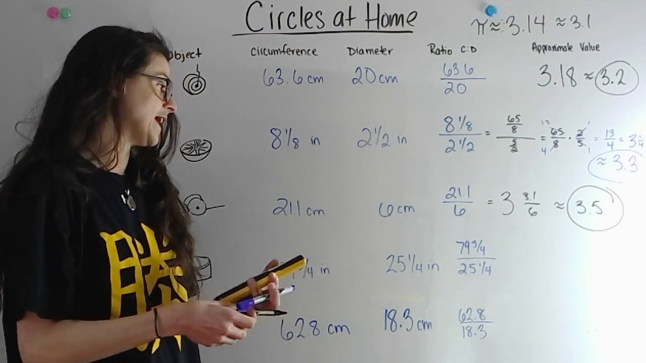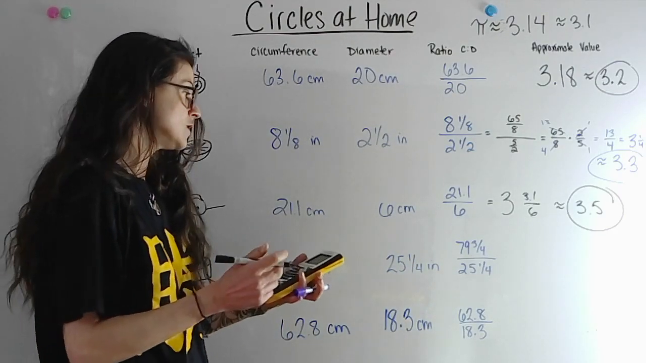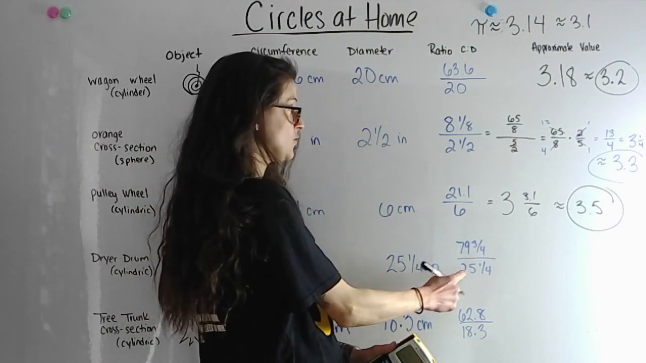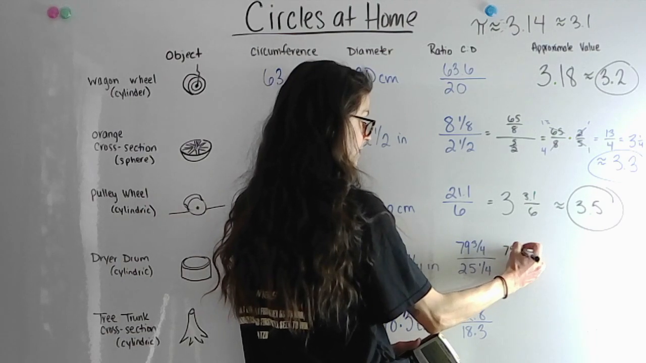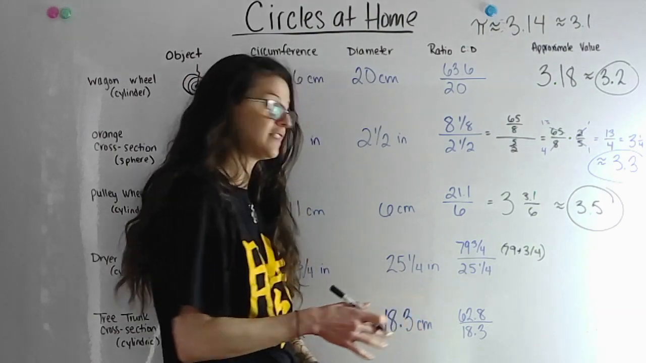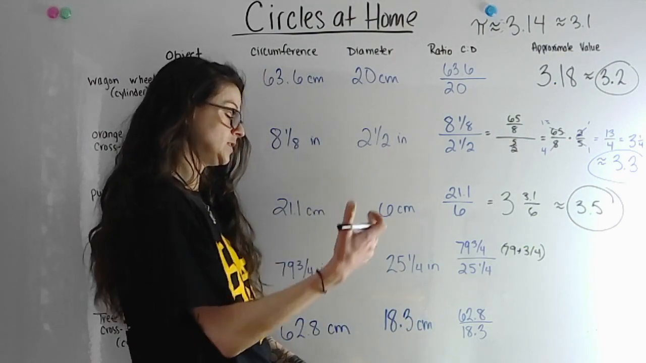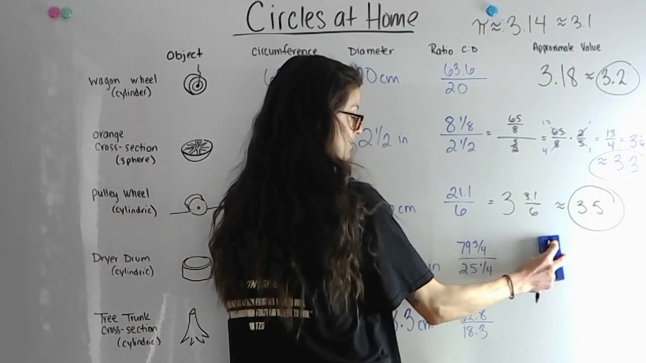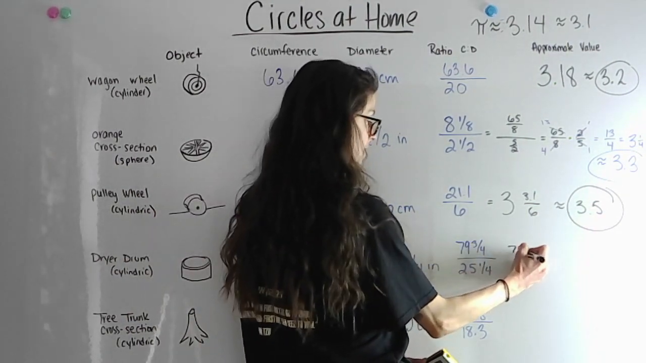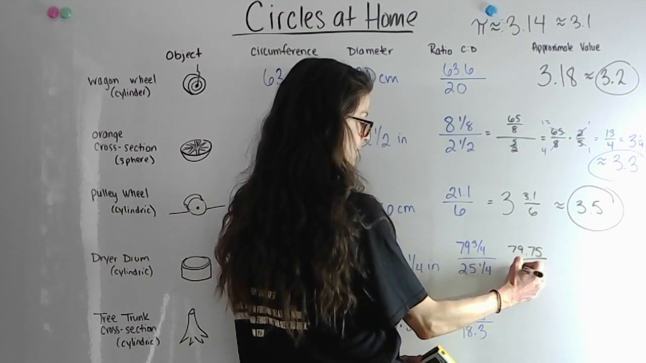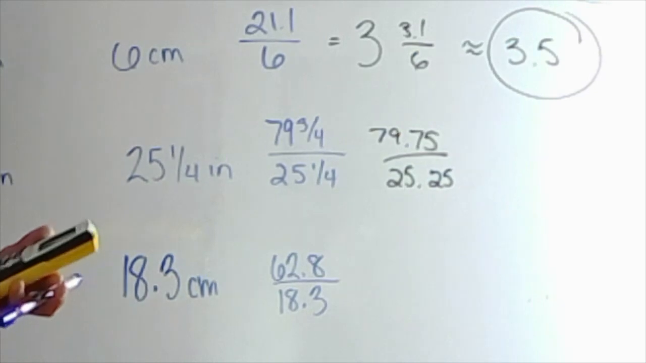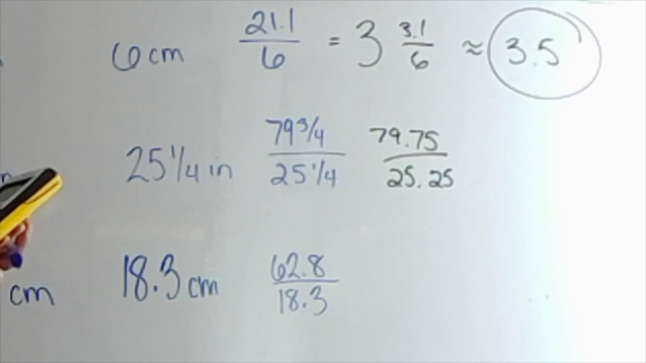29 3/4 divided by 25 1/4. So to use my calculator, I can either type in 79 plus 3 divided by 4, and then divide that by 25 plus 1 divided by 4. Or I can convert these to decimals, which is what I'm going to do because it's less buttons to press. 79.75 divided by 25.25. Okay, I'm going to estimate that this is,